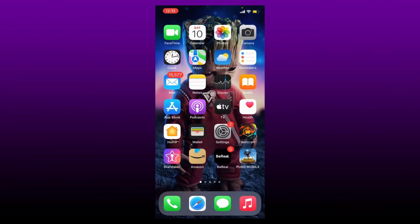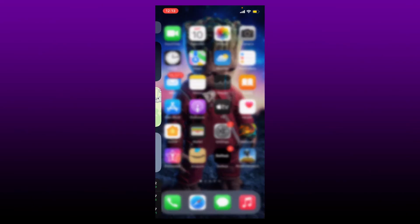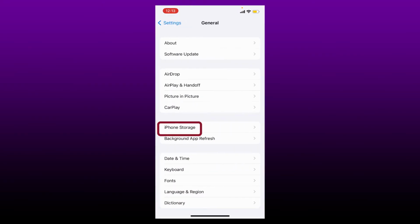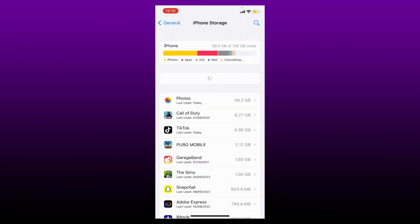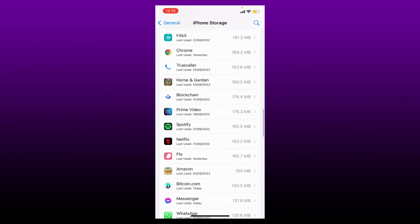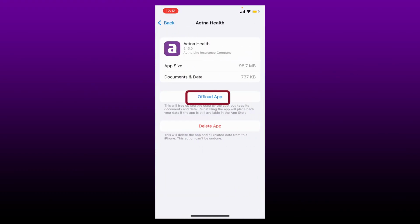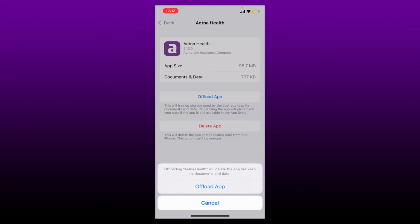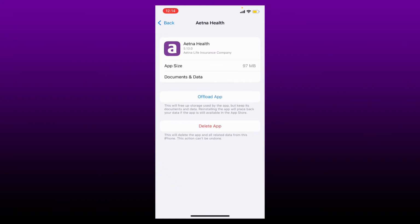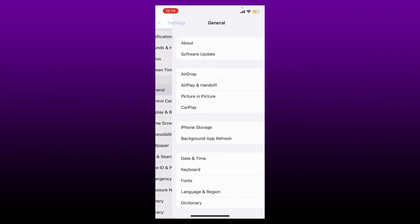If it does not work, next thing to do is to clear cache from your Aetna Health app from your mobile device. Simply tap Open Settings from your iPhone, and from the Settings menu, scroll down and tap General. Tap iPhone Storage, and once the iPhone storage loads, look for Aetna Health app from the list of the applications that has been installed on your iPhone. Give it a tap once you find it. And now, tap on Offload app. Tap Offload app one more time to confirm, and doing this will clear out your cache data from the application. Tap Reinstall app again and wait until the app gets reinstalled. Soon after you do that, you can now go back and open your Aetna Health app and see if that